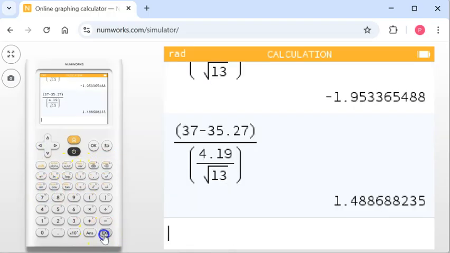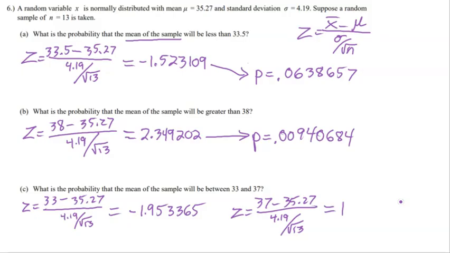Execute, we get 1.488688. So now we're going to go into the calculator and put in this z-score for the